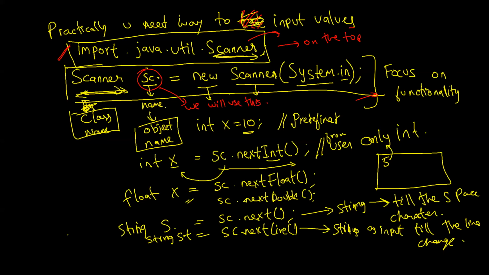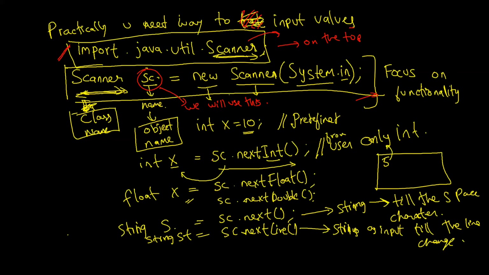We'll come back to how this new works and how everything is working. Just focus on the functionality. This is what I said yesterday. Using this object, we'll be taking input. So instead of a predefined value like int x equals 10, which is a predefined value, right? Instead of that, again,